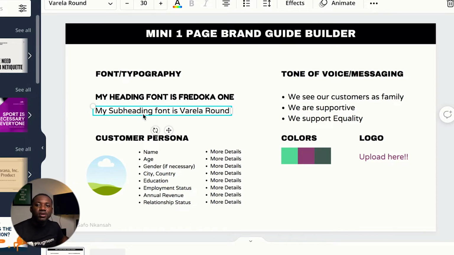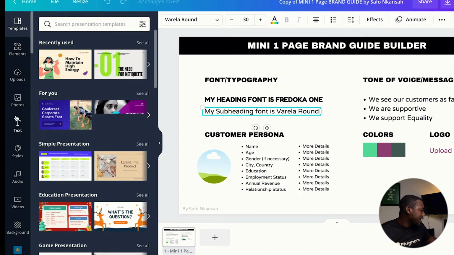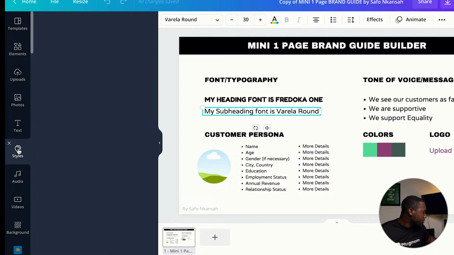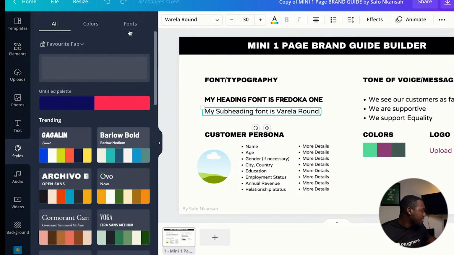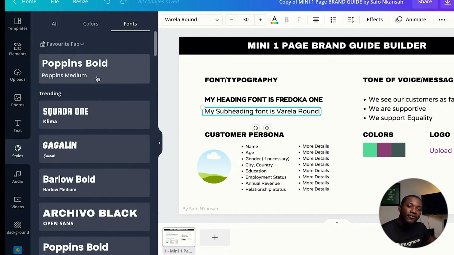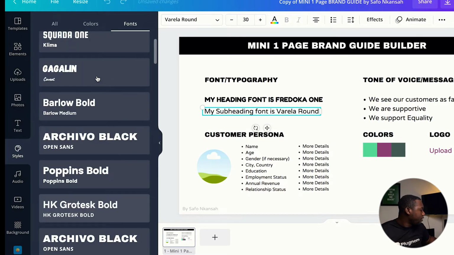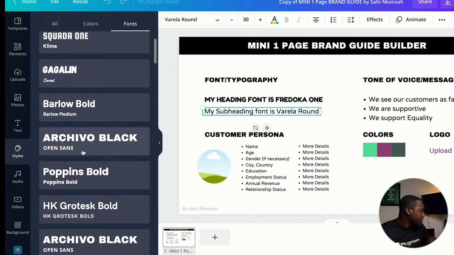If you already have a particular font that you want to use, you can replace this with that. But if you don't, inside Canva, if you look on the left side, choose the styles option. It's going to open this up, giving you color palettes and also fonts. Right now, we're just going to click on fonts, and over here you realize that there are various font combinations. So there's a header and then a subheading for various different fonts. So let's say, for example, you are interested in using Archivo Black and then Open Sans as your main font